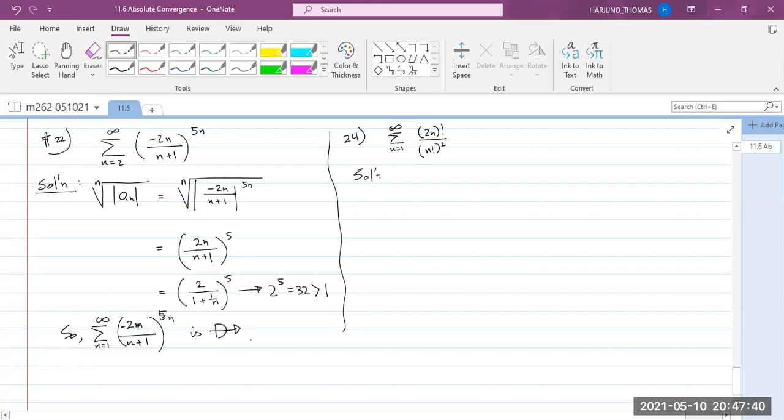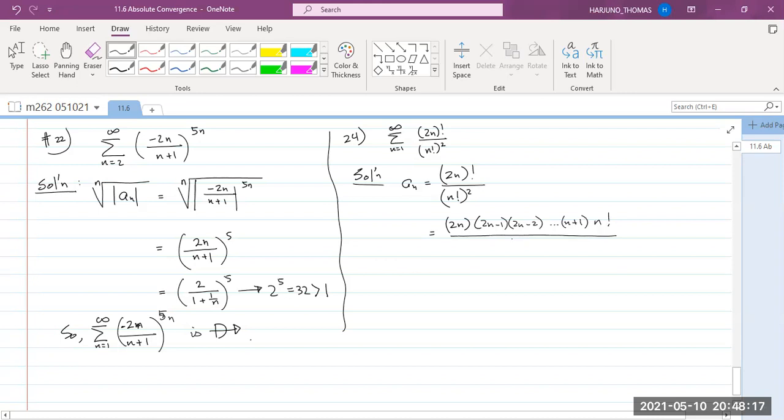Solution. I think this is not convergent to 0 though. Okay, a sub n, which is 2n factorial over n factorial squared, is 2n times 2n minus 1, times 2n minus 2, all the way down to n plus 1, times n factorial,